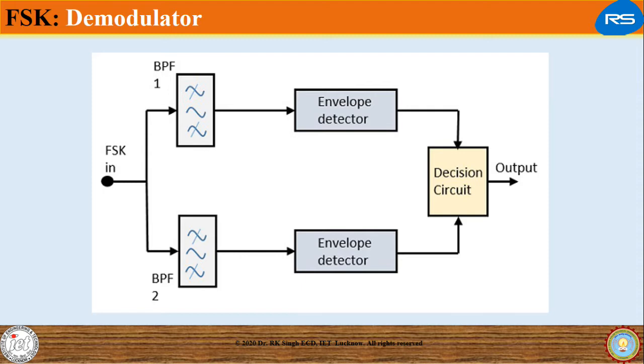Asynchronous FSK detector consists of two band-pass filters, two envelope detectors and a decision circuit. The FSK signal is passed through the two band-pass filters tuned to space and mark frequencies. The output from these two band-pass filters look like ASK signal, which is given to the envelope detector. The signal in each envelope detector is modulated asynchronously. The decision circuit chooses which output is more likely and selects it from any one of the envelope detectors. It also reshapes the waveform to a rectangular one.